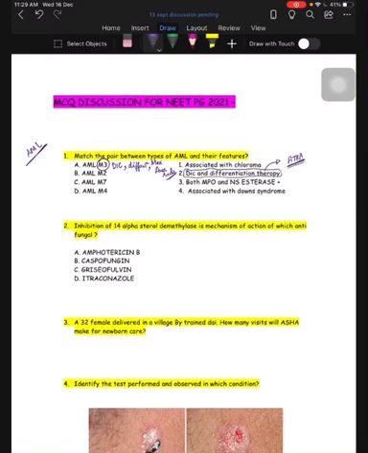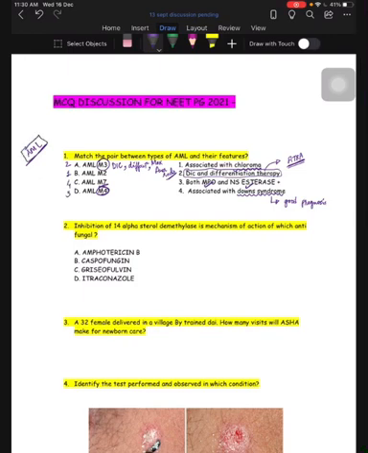So the first option is 2. AML M2 is associated with chloromas. AML M7 is the most common subtype of AML associated with Down syndrome. The other point related to this is that a patient with Down syndrome with AML has a good prognosis as compared to patients without Down syndrome with AML. AML M4, which is myelomonocytic leukemia, is positive for both myeloperoxidase and non-specific esterase. So 4 and 3. The AML subtype question is done.